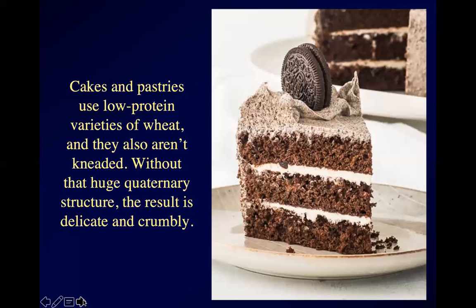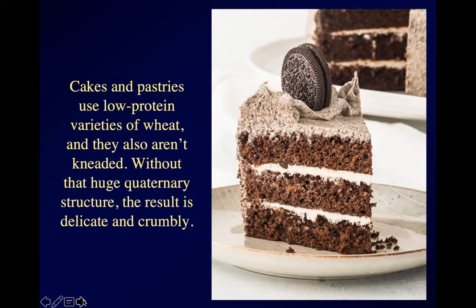And you also don't need them. You mix the batter. For some things like biscuits, you might need them a little bit, but you don't want to overdo it. And so that quaternary structure never develops and you have a more crumbly baked good. So now you know. If you buy all-purpose flour, that's kind of in between, and it'll do okay for just about anything. But if you want to make really delicate, crumbly pastries or really thick and chewy, stick-to-your-ribs pizza crust, you're going to want to get the specialized flour